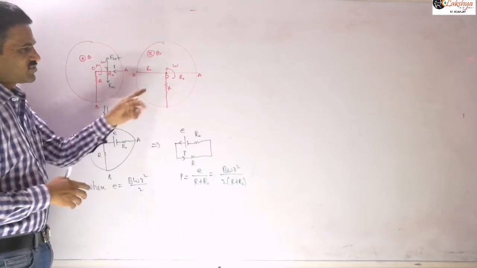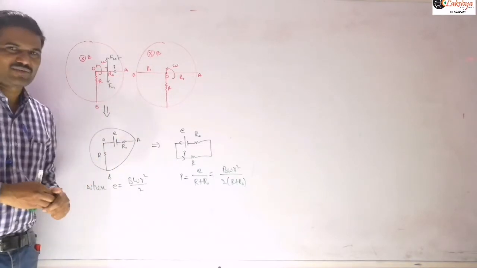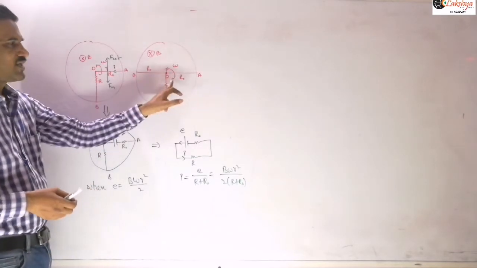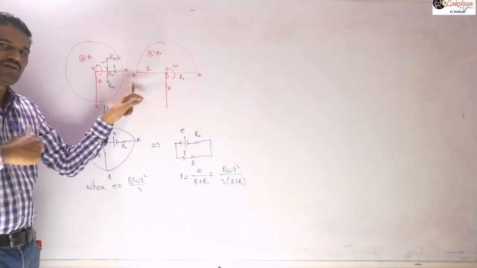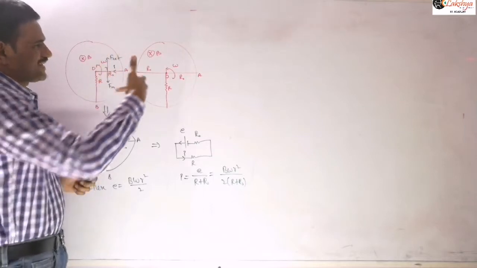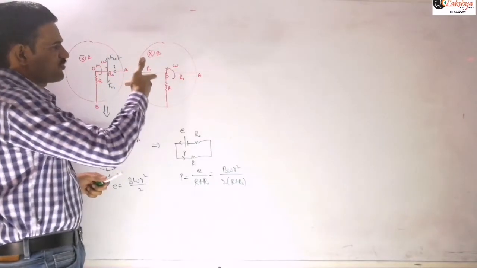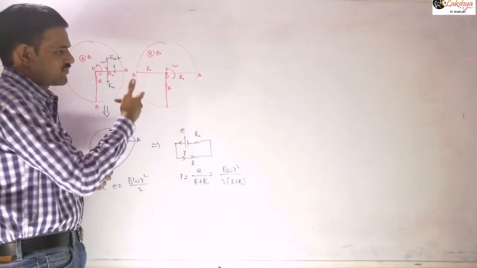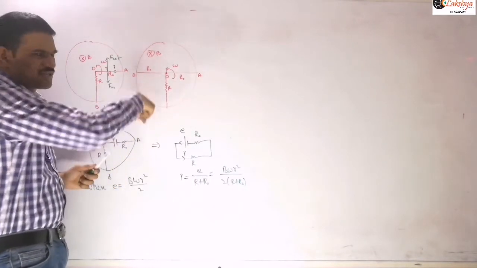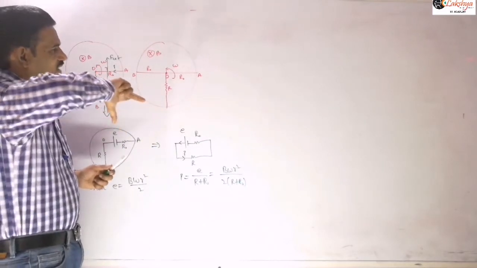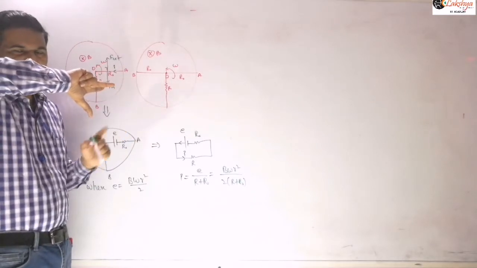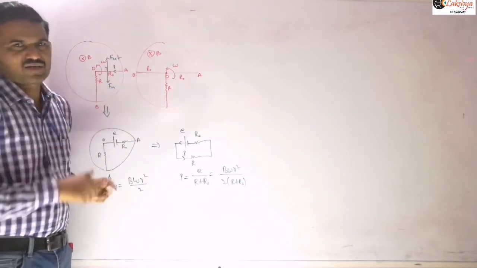And then next, suppose the case is given like this, as a diameter. Then you just need to identify that EMF will be produced in the OA part, and additionally EMF will be produced in the OB part also. So both you need to consider here, right? And now again in this part, the same situation here. So current is flowing like this, so that O will be the higher potential. Now let us take this part here. For this part the velocity will be in the downward direction. So the field is into the plane, and the velocity is in the downward direction. So current is flowing again towards the center, which means O will be the higher potential there.